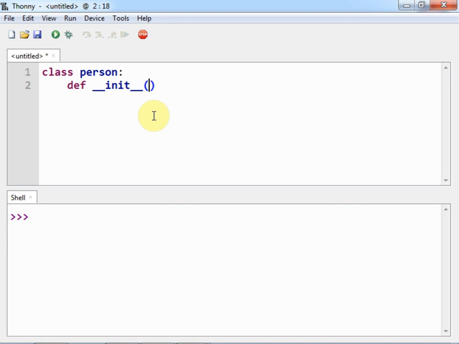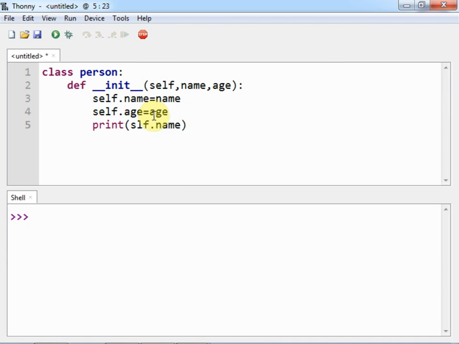Here I need to pass first self parameter, and then I will pass suppose name comma age, and here I will just assign self dot name is equal to name, self dot age is equal to age, and finally I am printing the both values. So print self dot name comma self dot age. So now this is done.